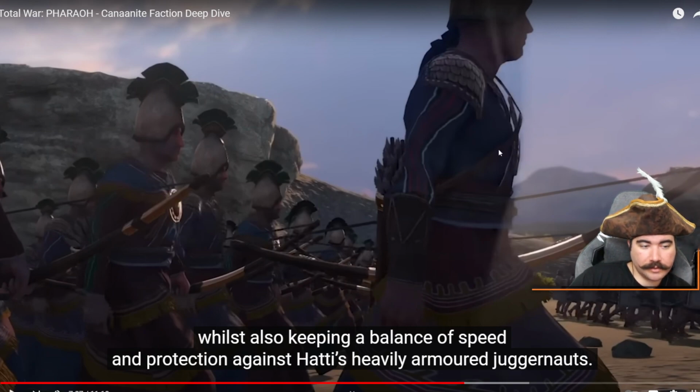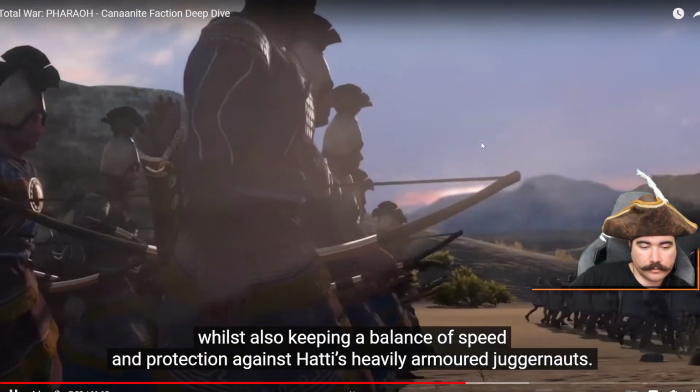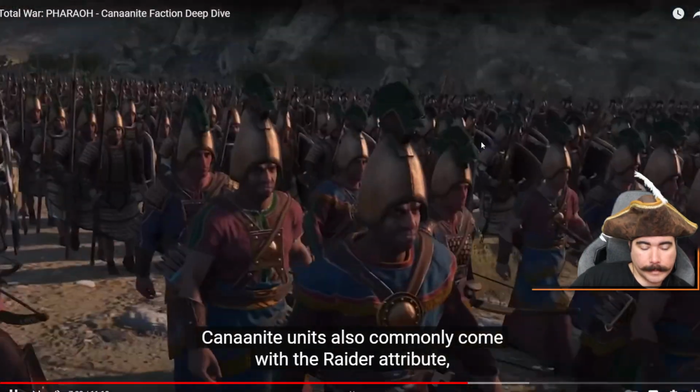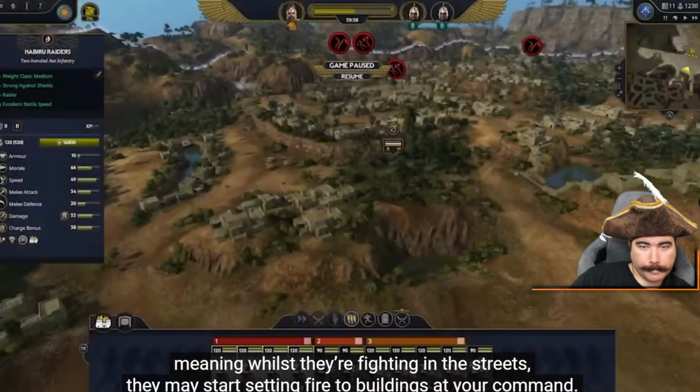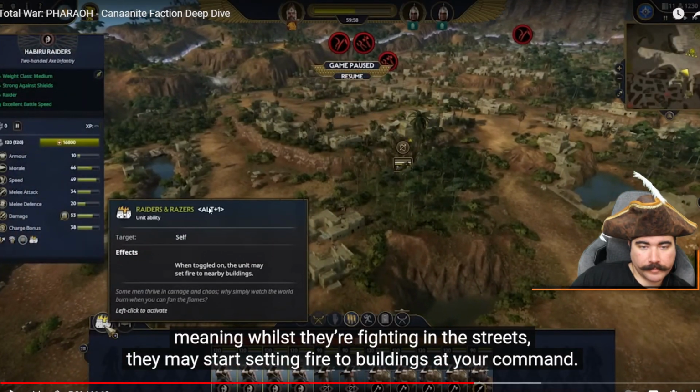Unit variety and protection against the Hittites' heavily armored juggernauts. Canaanite units also commonly come with the raider attribute, meaning whilst they're fighting in the streets,